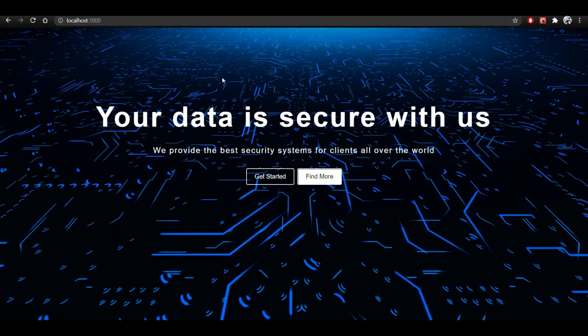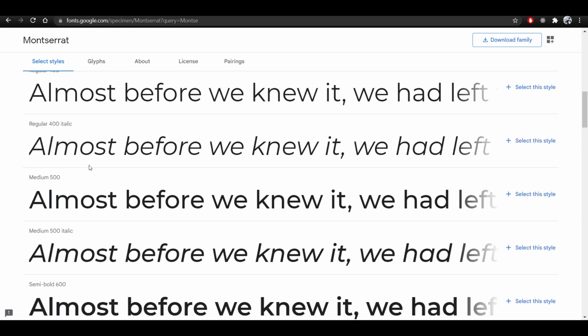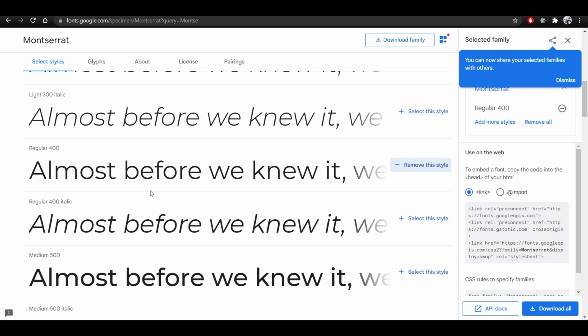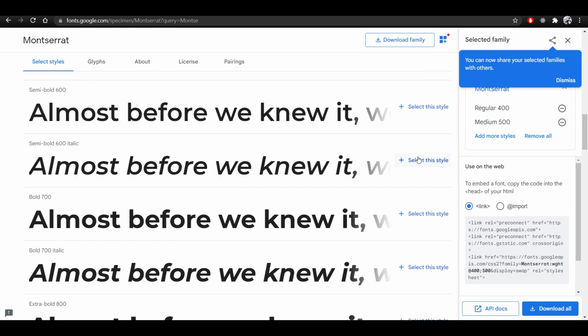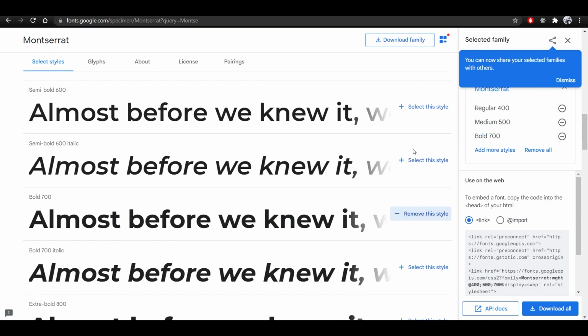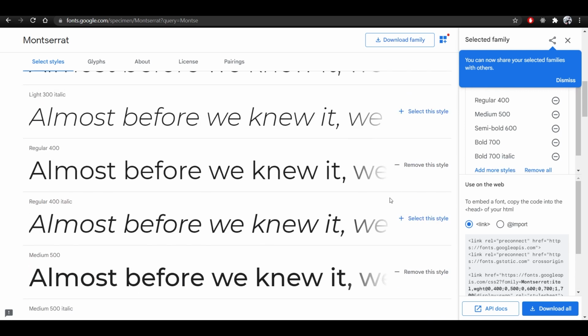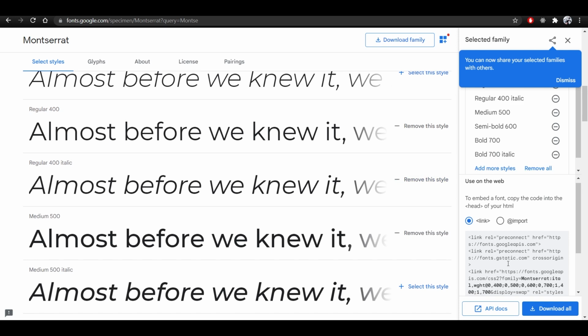Now what I want to do is to go to Google Fonts and import some Google Fonts. So now I'm on a Google Fonts page and I want to select a few fonts I want to have for my project. Number one will be regular 400. Then I want to have a regular 500. Sorry, medium 500. Semi-bold and bold italics and regular italic. I'm just gonna copy that